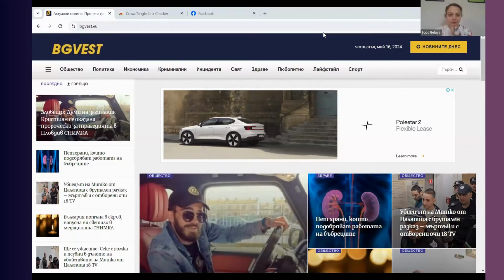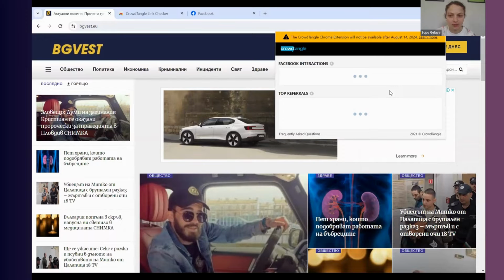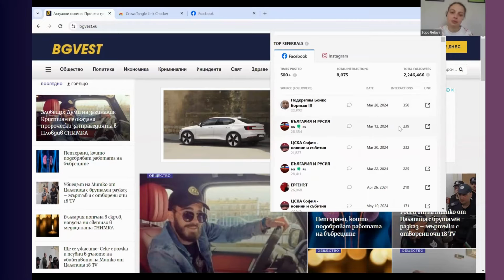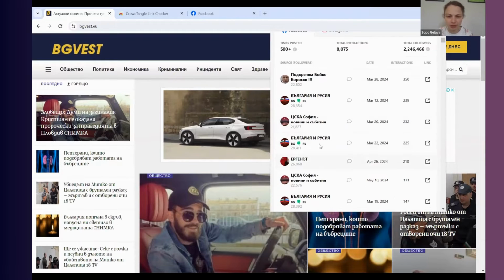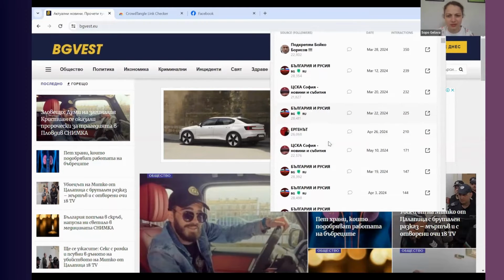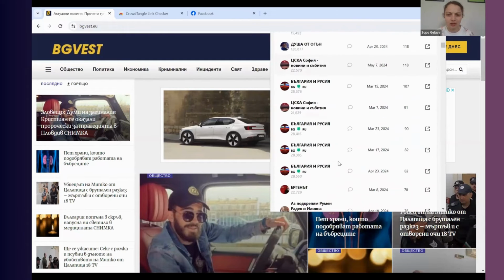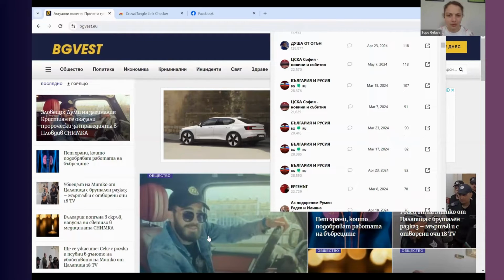Did everyone try? So basically, if I'm not wrong, I think these are the same assets, or at least very similar to the assets we found on that Facebook page in Bulgaria. I don't remember if it was Bulgaria and Russia or different, but still the names of the groups and pages are already very, very interesting. And if we also take this another website,